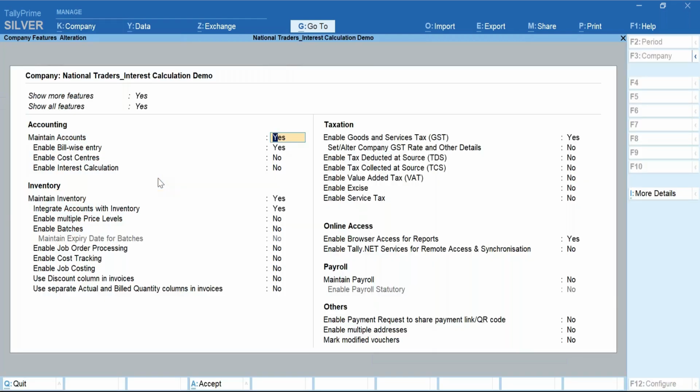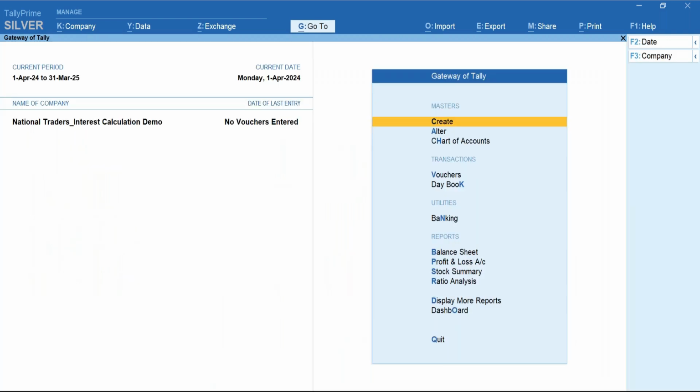Once I press enter on this, as it is a part of accounting, you can see here we have given the option Enable Interest Calculation. You need to enable this, then only you'll be able to set the parameters in your ledgers. So I'll enable this option. I'll press Ctrl A. Now I can create the masters so that I'll be able to set the interest